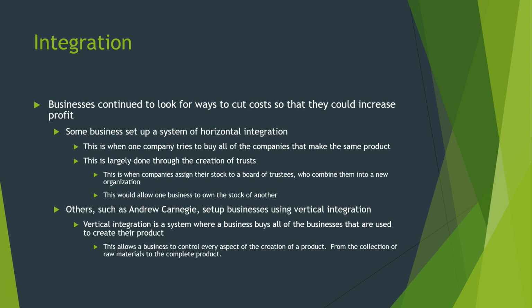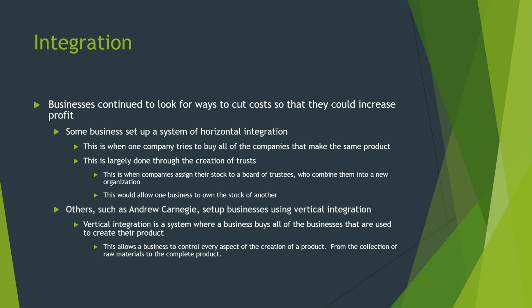Another type of integration that Andrew Carnegie really used with his steel business was vertical integration. Vertical integration is when a business tries to own all of the businesses that exist in order to make that final product. So, Carnegie with steel would have owned the mines that would have gotten the raw materials. He would have owned the transportation companies that would have moved the raw materials from where they were mined to